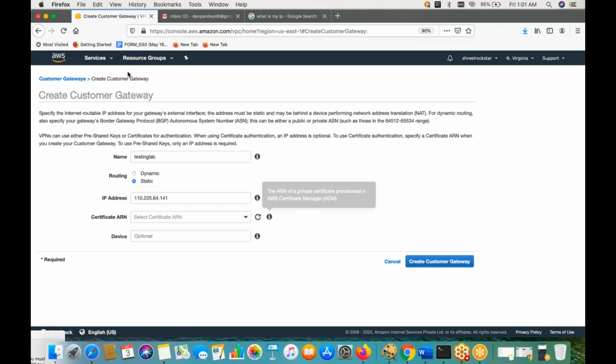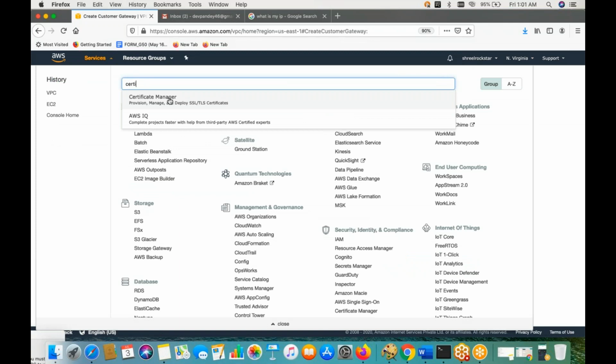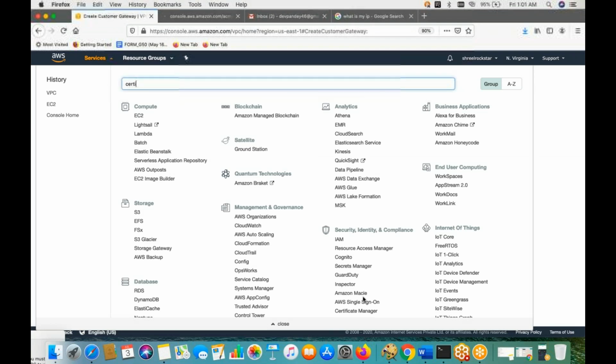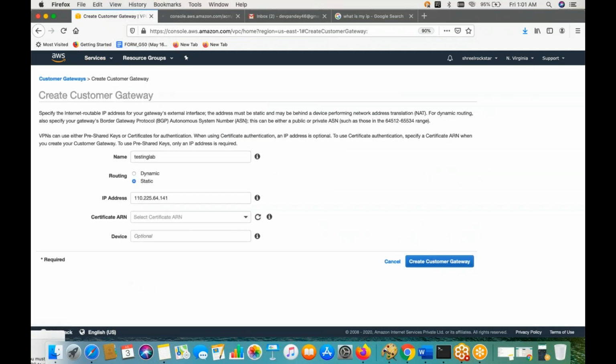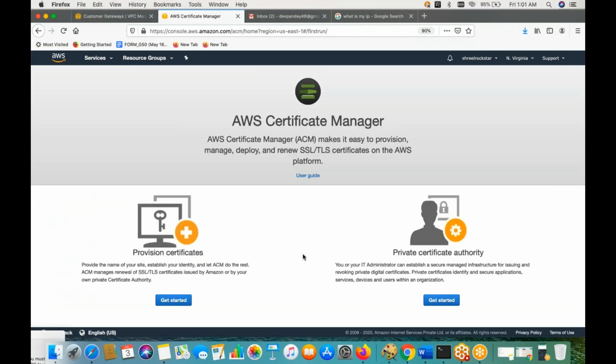Let me give you the information, which is Certificate Manager. One second, it will be browse. Then let me give you the clarity again from scratch. Okay, this one. So this will be your Certificate Manager.